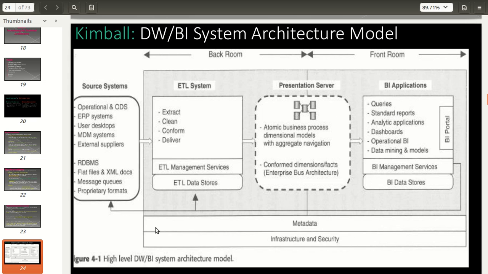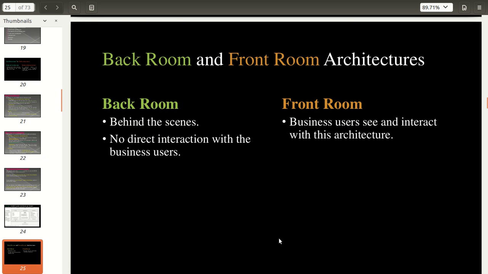At that time you have to use metadata support for all three components. Then infrastructure and security is also important. The next one is the backroom and front room. The backroom is behind the scenes, with no direct interaction with business users. The front room is where business users see and interact with the architecture.